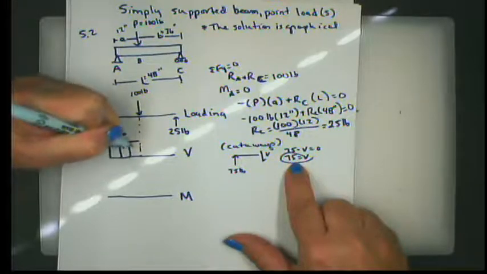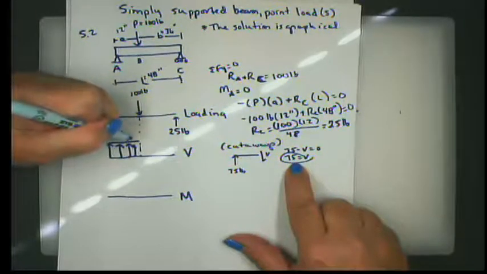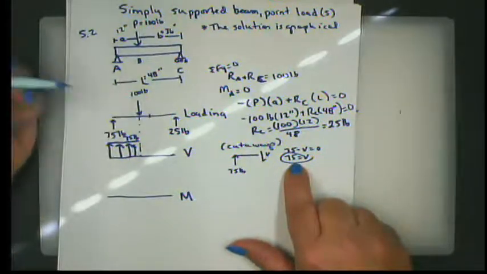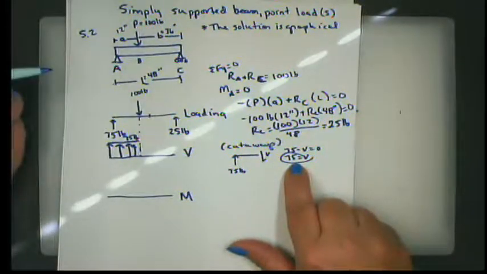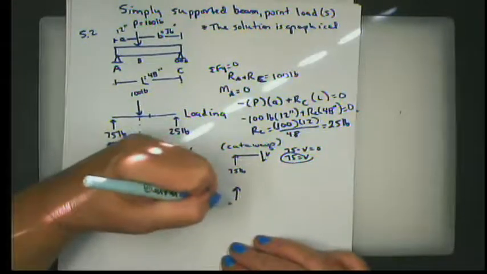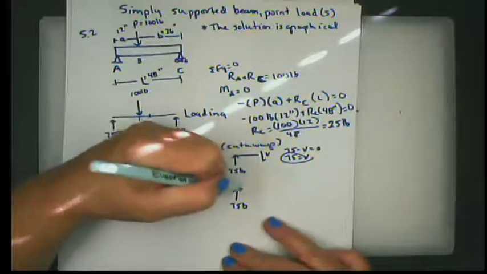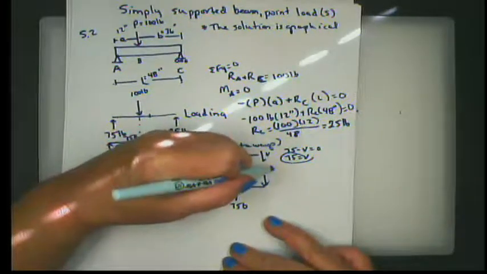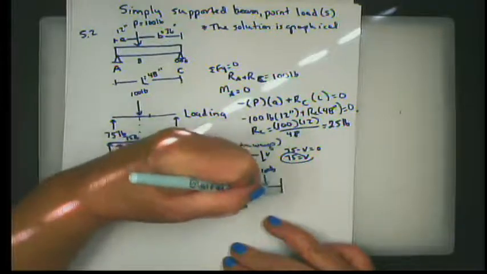Everywhere from here to here, it's 75 pounds pushing up. Well, what happens if I cut it here between the load and B? Well, if I continue to cut it this way, I have 75 pounds pushing up, I have 100 pounds pushing down, and if I do a cutaway here,